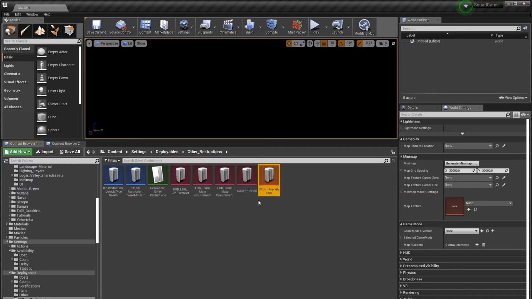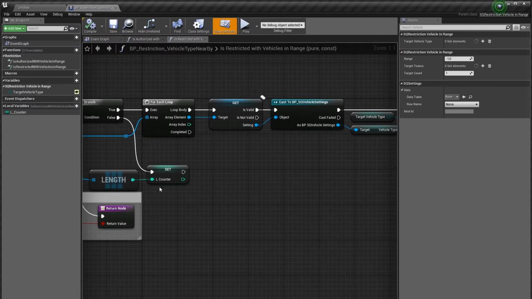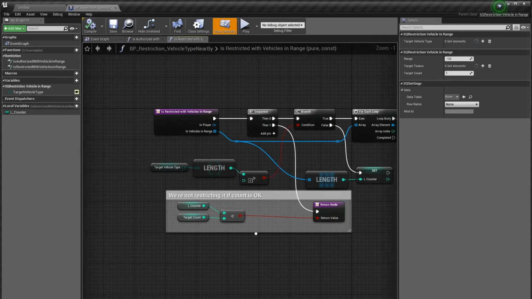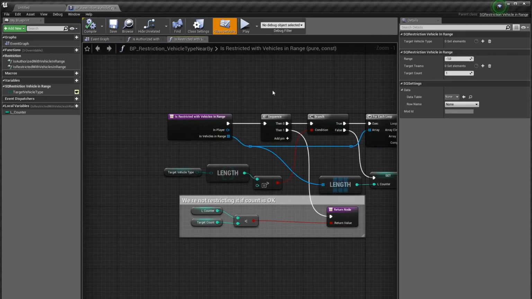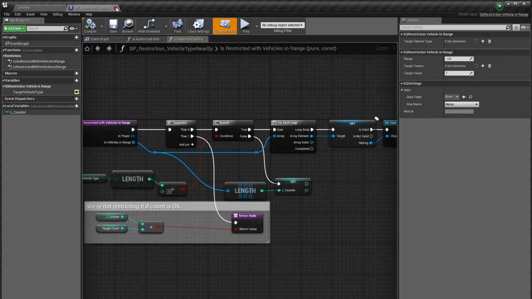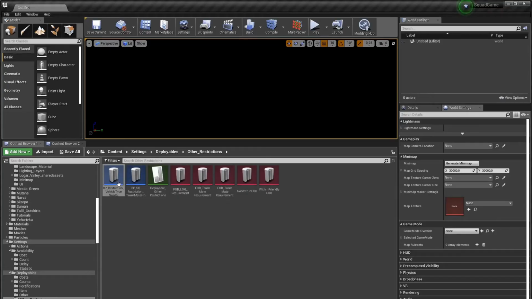So we come again to these settings that we looked at when it was about the radio availability. Here you will find the assets of them that you can use in your own mods. You can reference them, and you also have these nice little blueprint classes that you can override. Here you will have a short snippet looking at the restriction system that we'll talk about further. And this asset here, vehicle nearby type, is what is used to create that asset, vehicle logistical requirement.